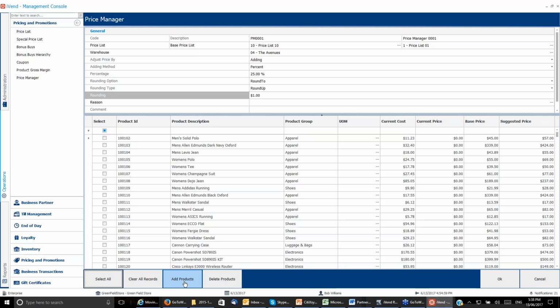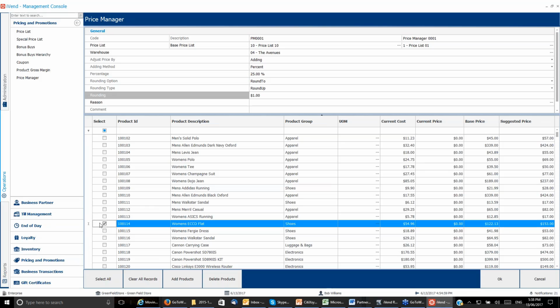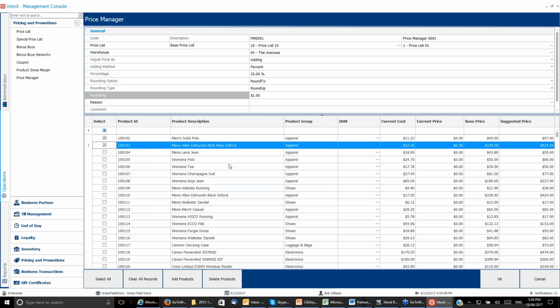If I click add, I can go in and then select my products from the lookup, and I can select any product here and delete the product. So the same sort of selection criteria is what we had in the previous work model for product gross margin. What I'm going to do is just select perhaps a couple of records,